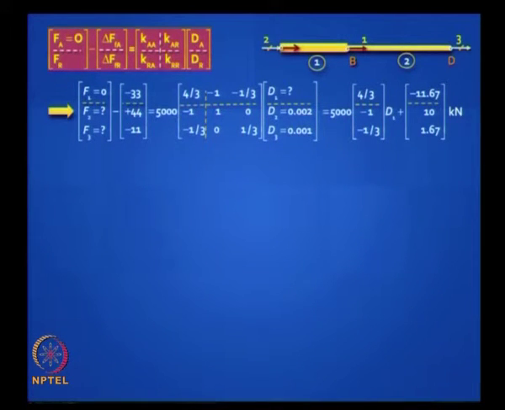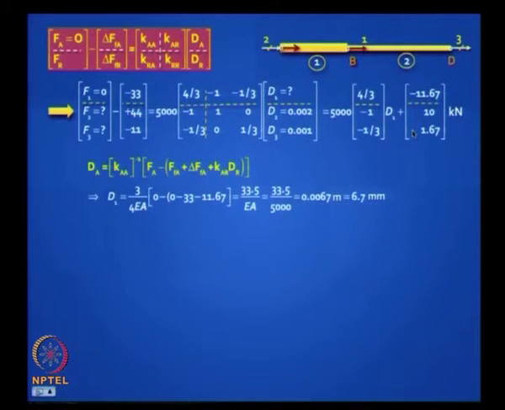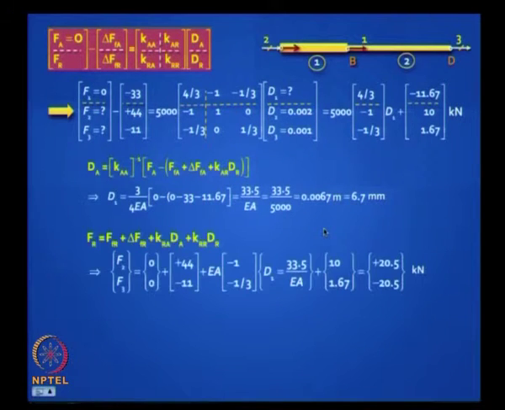Okay, please note, this is the equation, you got the stiffness matrix. F1 is the load vector, Fa is 0, so there is no load here, you have only fixed end forces here, minus 3 plus 44 minus 11. So solve the first equation, find out d1. Mind you, you have dr, okay, dr is non-zero, so you plug in the value, find d1, it turns out to be 6.7 mm, find fr, you get 20.5. What does this mean? Plus, is it compression or tension?